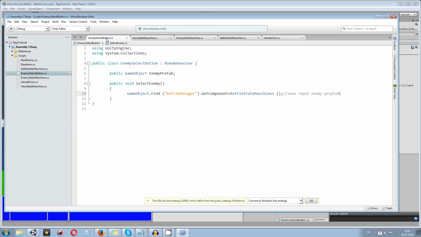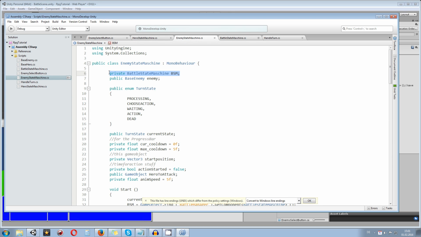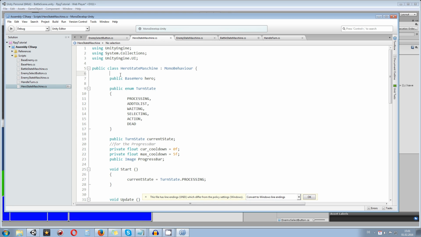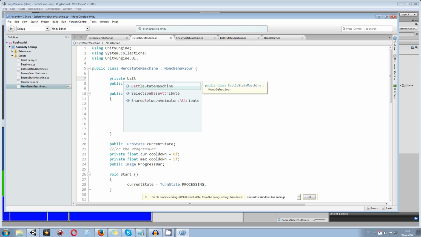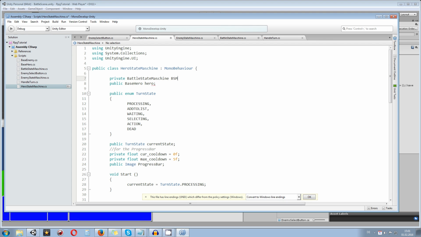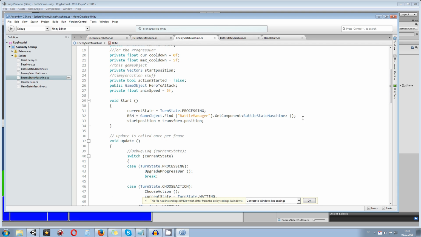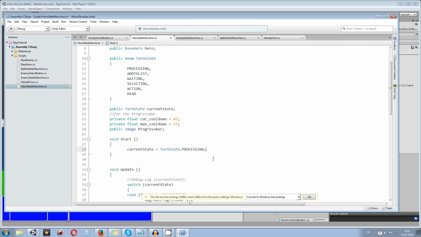If we don't have, okay, we just go over to the enemy state machine and copy the first line, which is private battle state machine BSM. We can also type this one out in here. So private battle state machine BSM. So we have almost a connection to the battle state machine script. Also, we need to check the scene for this game object. So go to enemy state machine and copy the second line, or just go in here into the start function and say